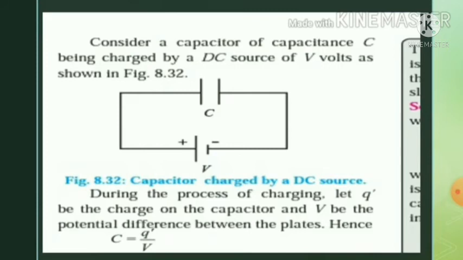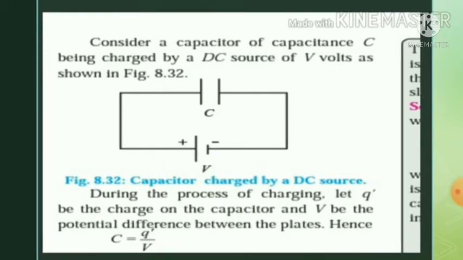This V potential is applied between the first and second plate of the condenser. It means the potential difference between the two plates of the condenser is nothing but V. Then we know the general relation between capacity, charge and potential. In the previous week's lecture, this concept was studied.